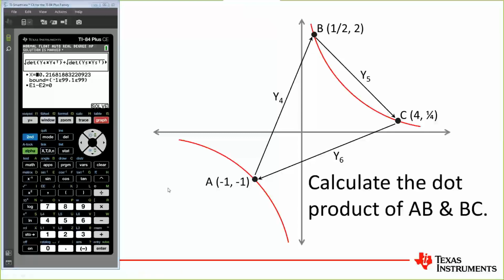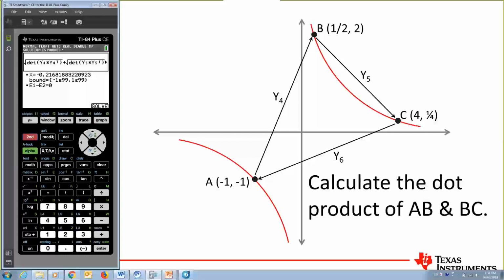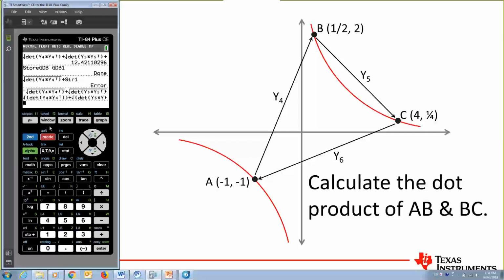All right, what about if we wanted to calculate the dot product of AB and BC? How would we calculate the dot product? Well, it's not a lot different than what we've been doing. Let's go matrix. Take the determinant. That just means I'm extracting it out of the matrix. And I want to have